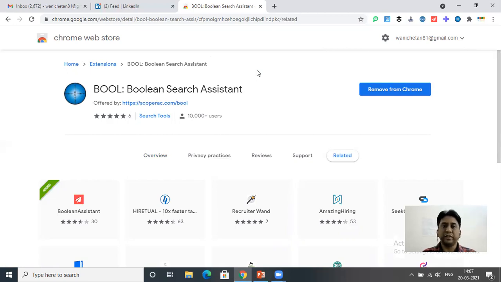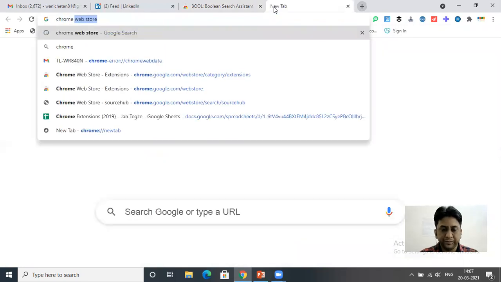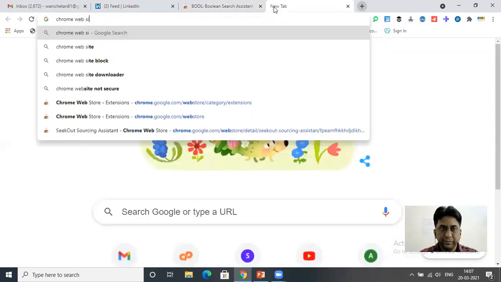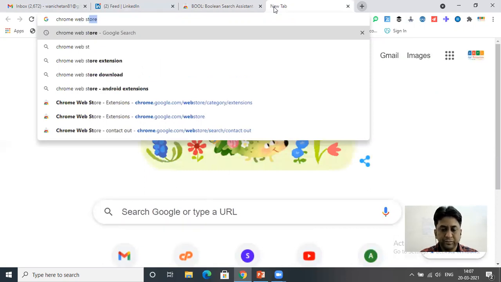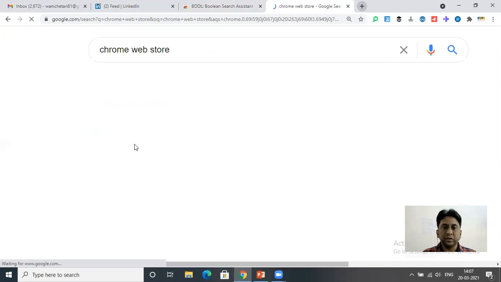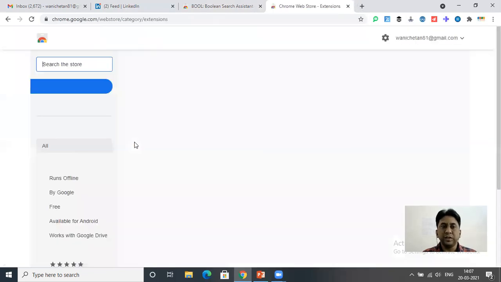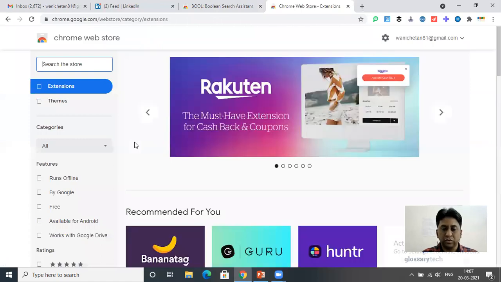Now, how to remove it? It's simple. Again, go to the Chrome Web Store. Then click on the first link, whatever you get. Now type here the name of the Chrome extension you want to remove.